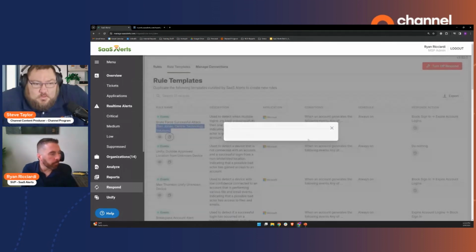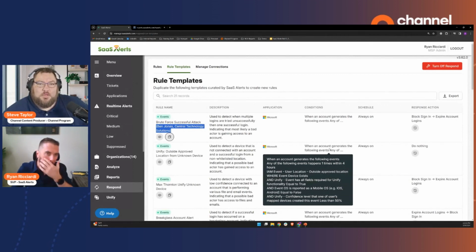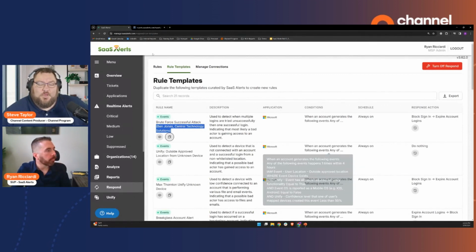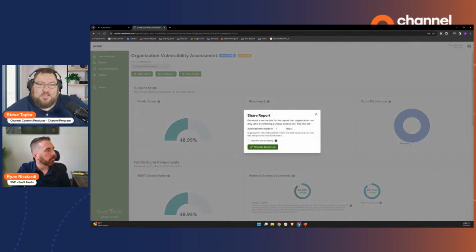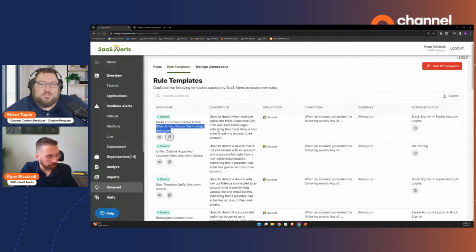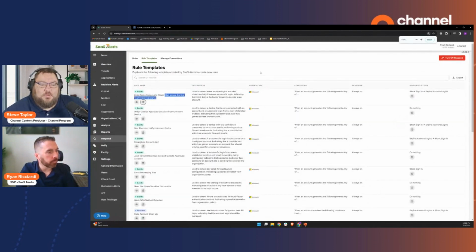That makes it easy for MSPs of all skill levels. And look, there's no shame in admitting that maybe you're not as well versed with cybersecurity as some of the other guys out there. So this makes it, I wouldn't say it's a level playing field, but it makes it a little more, I don't know, more gooder.